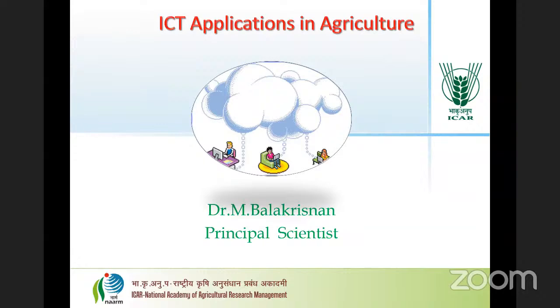In India, what is the population? 1.39 billion people are there, but 1.22 billion people are using telephone connections and internet connections. So almost 90% of the people are using connections, because our farmers and all are using these things nowadays. ICT means how information should be communicated through technology, and how technology is going to be used for agriculture. Now so many mobile apps are there.